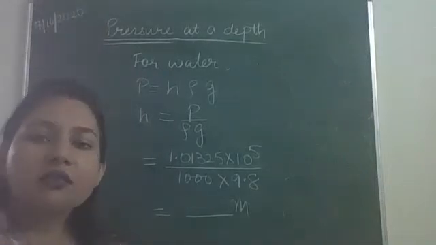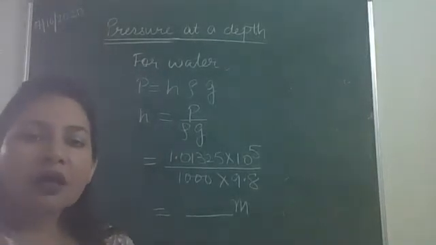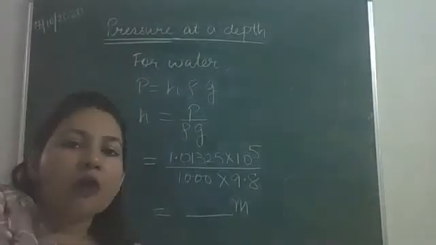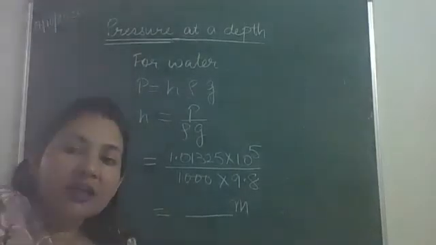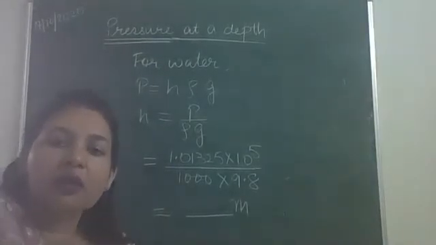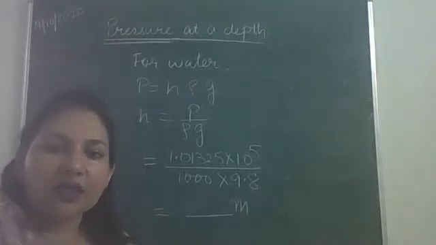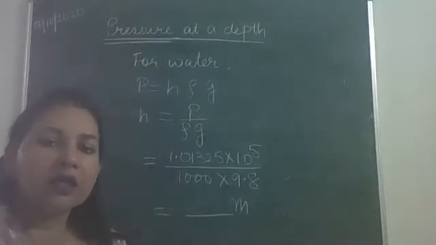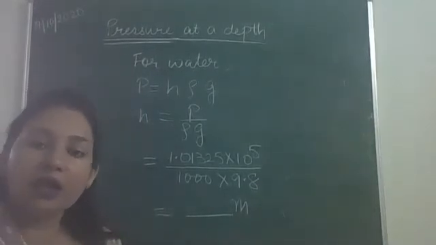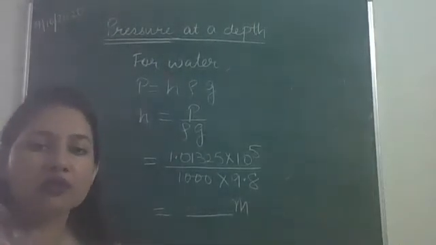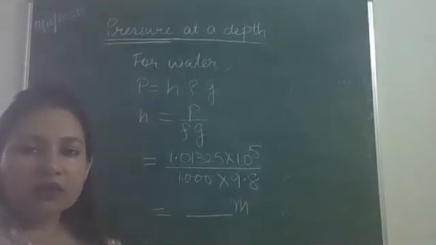There was a scientist, von Zurich. He made a water barometer and he fixed it at the back of his house. Okay, there it can be possible. It will give the correct readings, no problems, but you need a space like that, right? So von Zurich was an Italian scientist, and he did this experiment. He prepared a water barometer and it was so long that he had to fix it at the back of his house. Okay, so this is the answer.